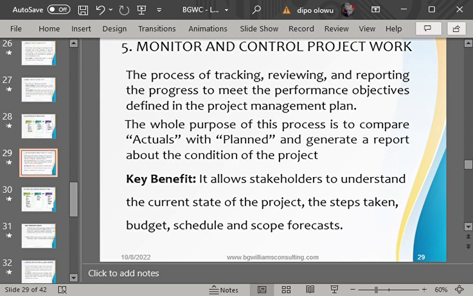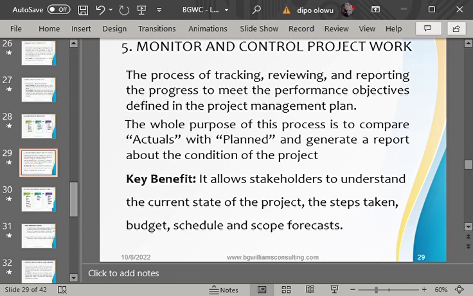Just as you can see on the screen, monitoring and control is that project management process where the project manager continues to track, continues to review, and continues to report the progress of the project to meet the performance defined in the project management plan.